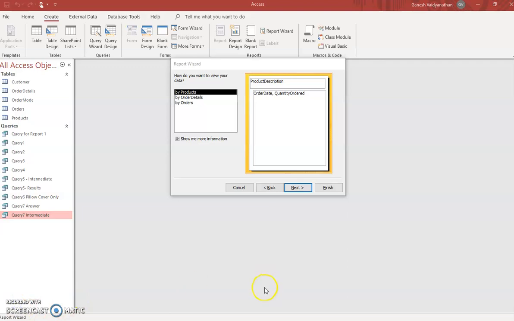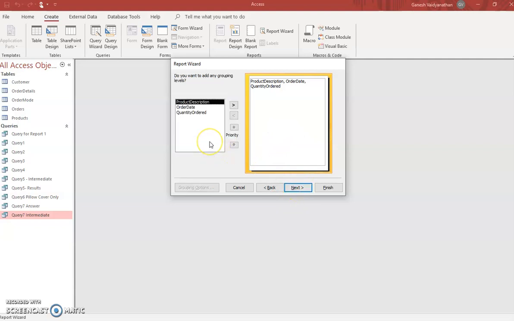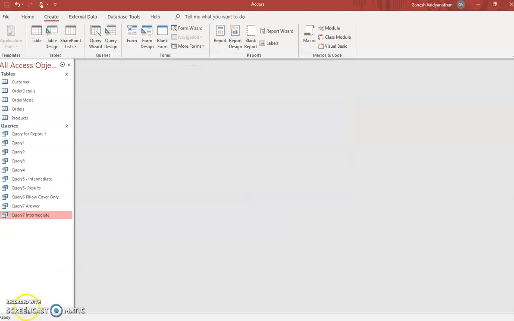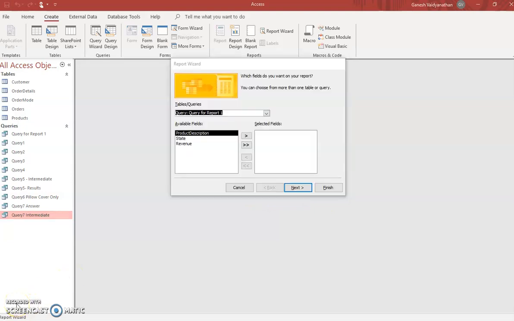Okay. So what I'm going to do here is view my data in such a way that I'm going to group by this